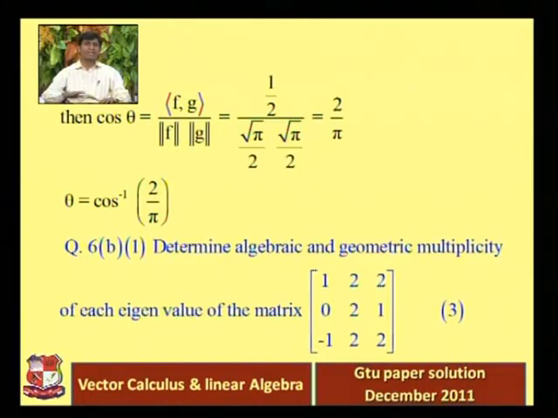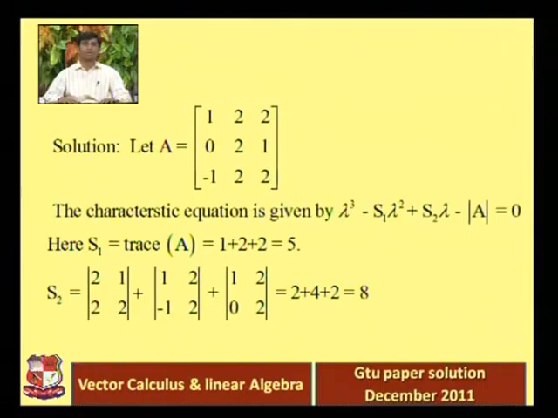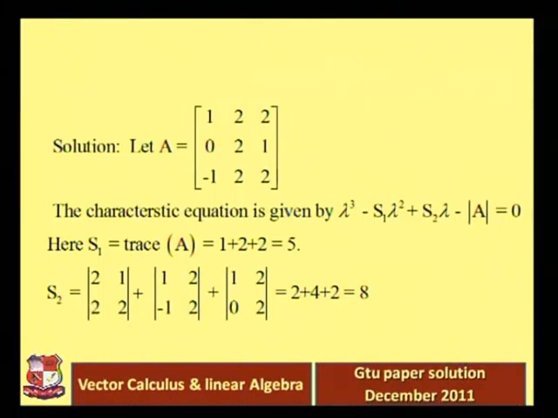So here is an example: we want to find the algebraic and geometric multiplicity of each eigenvalue of the given matrix, and this question carries 3 marks. First of all we find the eigenvalues of the given matrix, and for that we use the characteristic equation, determinant of A minus lambda I equal to 0, or you can also use this method. Here is a 3 cross 3 matrix, so the characteristic equation directly is lambda cube minus s1 lambda square plus s2 lambda minus determinant of A equal to 0,